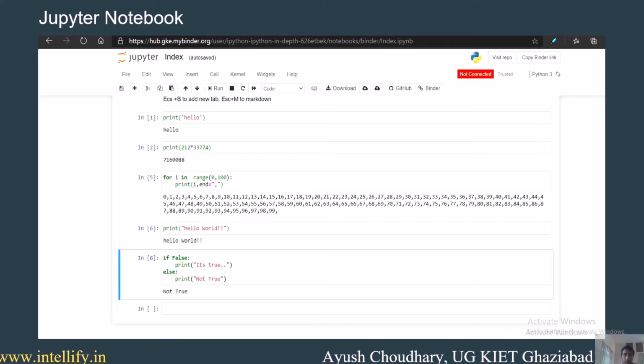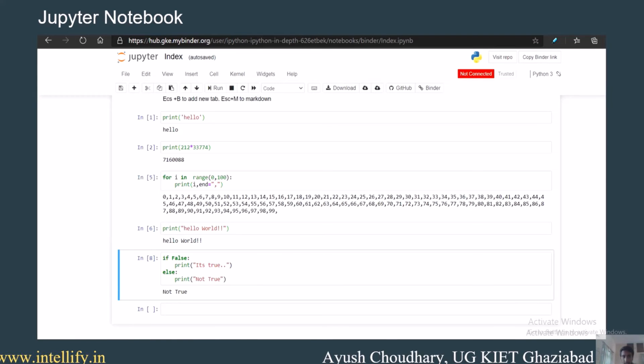One more thing is that if you would like to make notes in between, you can mark down a cell. If I want to mark down this cell, I press ESC plus M. That way you can mark down the cell, and a markdown cell will not be executed.